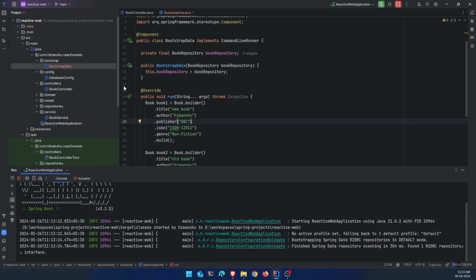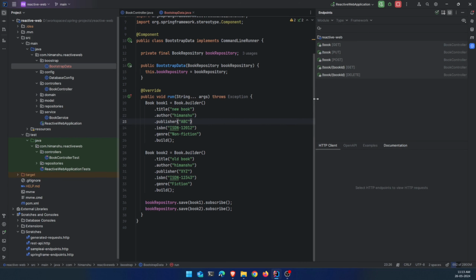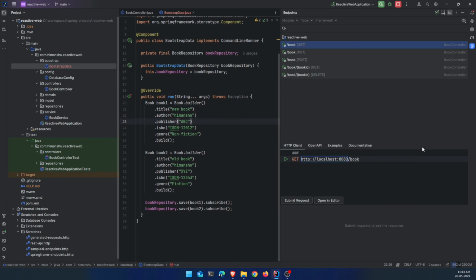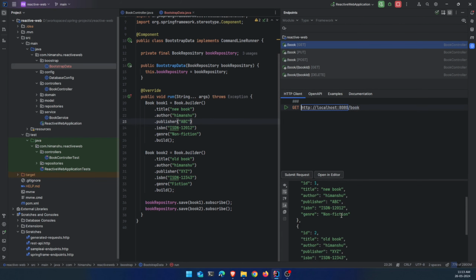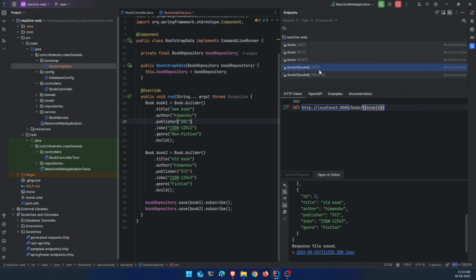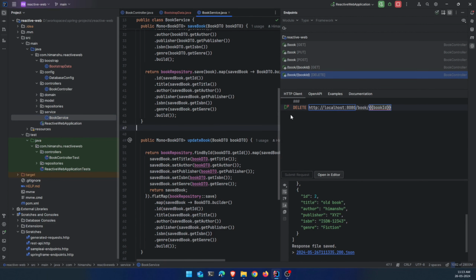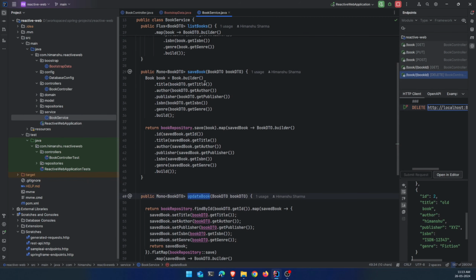So the application is started and here you can see the endpoint. We have a get endpoint and the expectation is if I right away hit it, it should give me the two records, right? Similarly, we have a put endpoint, post endpoint, getting a record through ID, and deleting a book. And for each endpoint, we have also defined our service